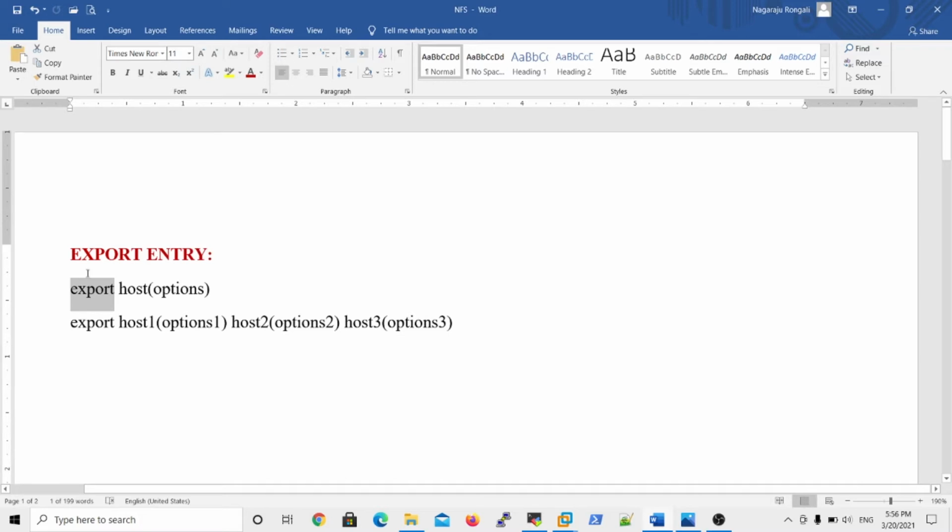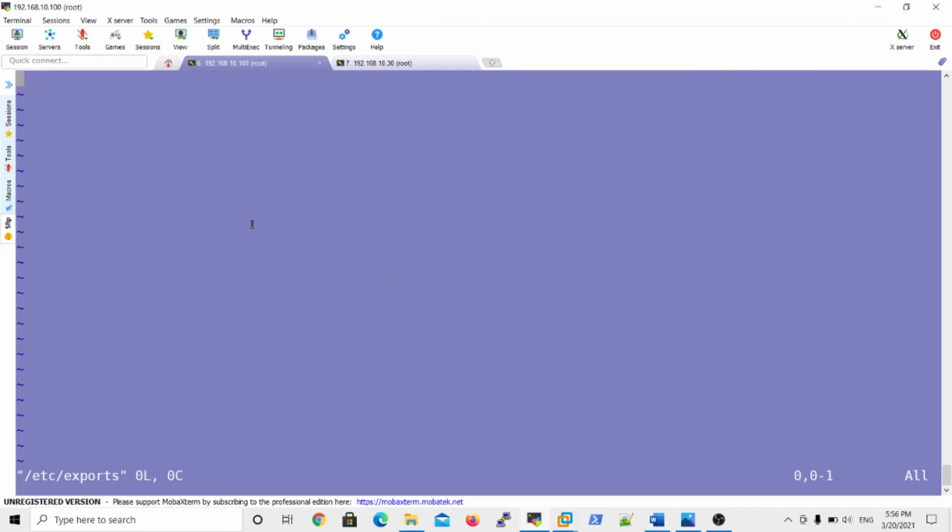First write the exported resource name, then your host names, that is your client machine names. In the left side, company data is my exported directory. I want to share company data, then who will access these resources? In the right side, give a space, then 192.168.10.0 network people can access these resources.